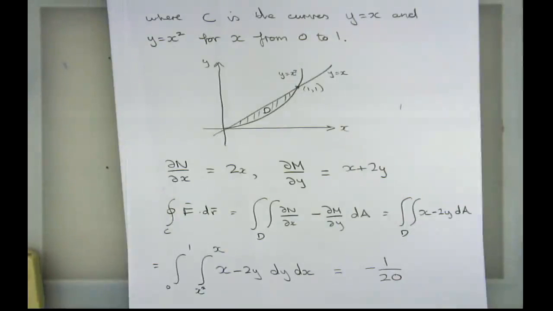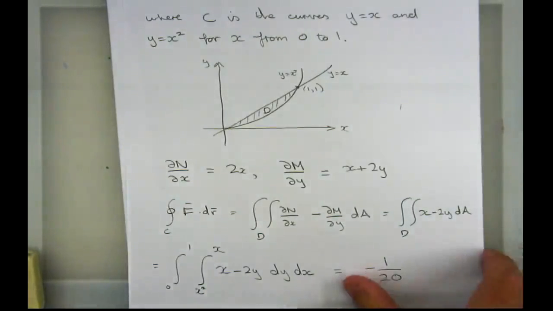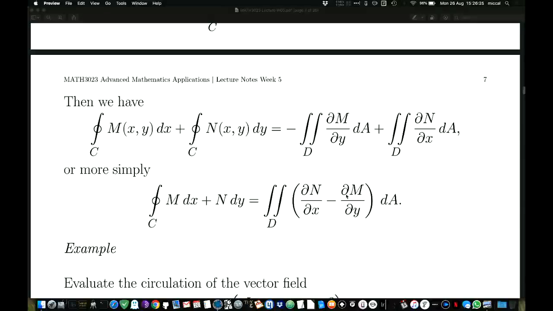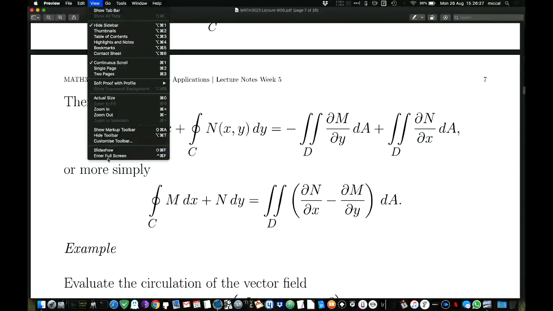So it's a very, very useful theorem, this one. But the main thing is to check your curve is closed and the double integral you create is doable, as in it doesn't do anything naughty. Okay, so Green's theorem is fairly straightforward. All right, let's have a look at the next one, which is